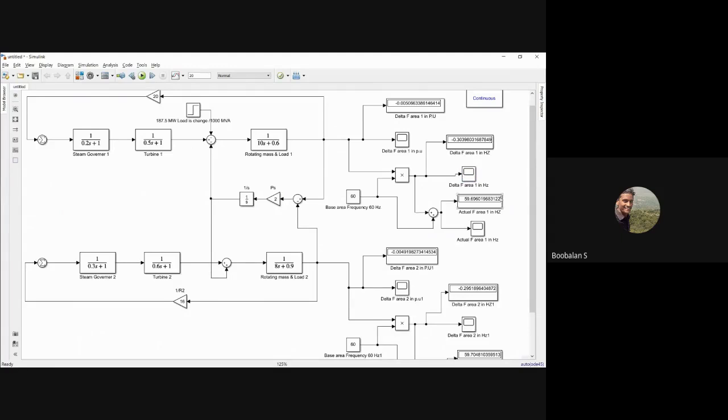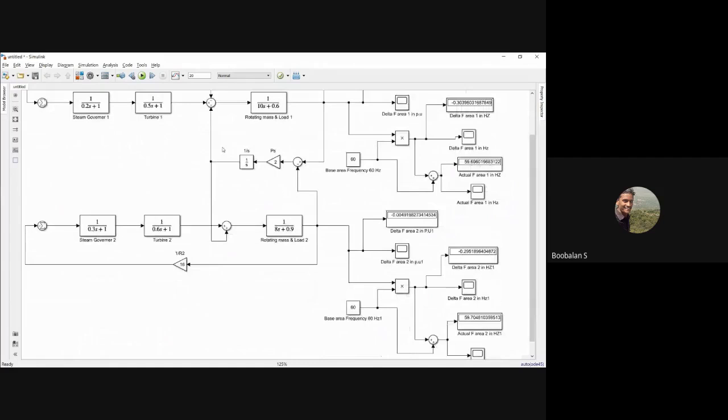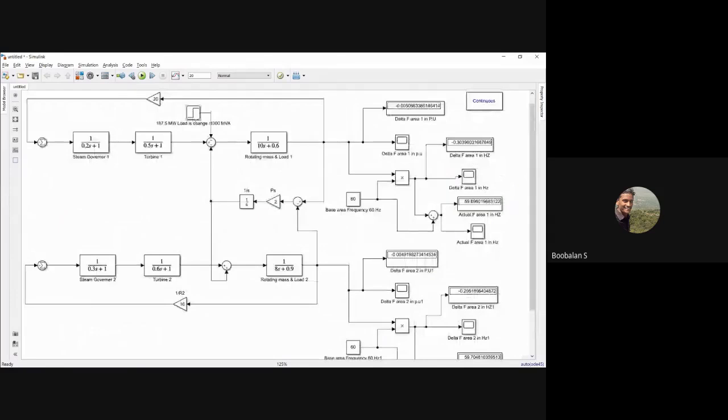Right? The same way area number 2. But actually here the load is changing only in my area 1, the load changes only here, but the frequency drops here as well. It will also affect my area number 2, right? Practically this should not happen, right? Because where the load changes, the frequency should drop there, but in our area number 2 it should not drop. That's a small thing we need to notice over here.